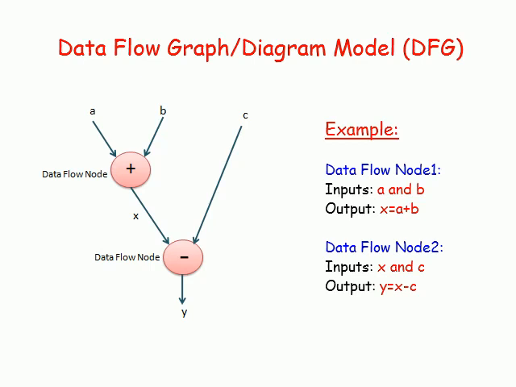Now let's understand the data flow graph model, in short called the DFG model. The diagram of the same is given here. So let us understand what a data flow graph is first. It is the model which translates the data processing requirements into a data flow graph. It is a data driven model, in which the program execution is determined by the data given